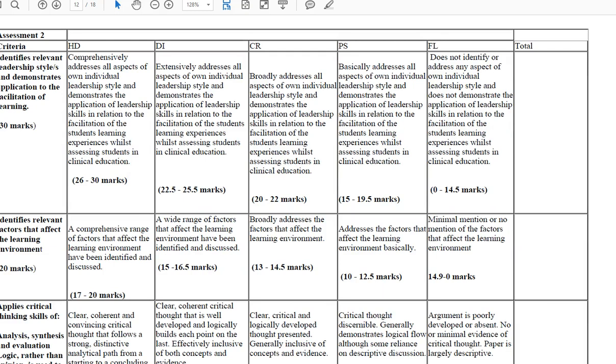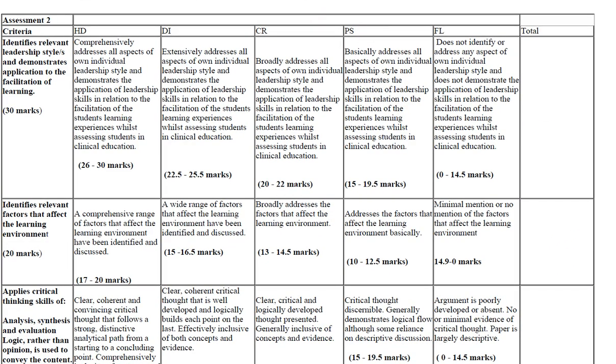Now let's look at the criteria. I'll move my box. So what we're going to be looking for here is: identifies relevant leadership style and demonstrates application to the facilitation of learning. So what you're going to be wanting to do there is go into the leadership and management literature and have a look at the different leadership styles and discuss how, so identify your style with one you find in the literature. Then go and have a look at